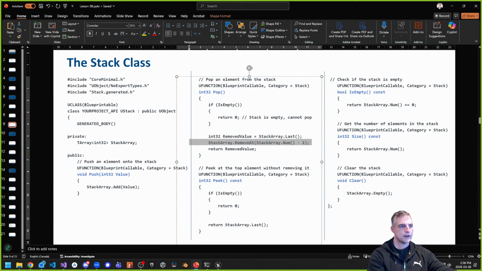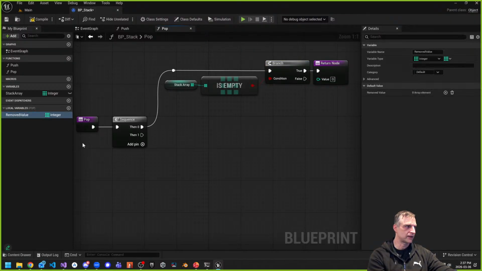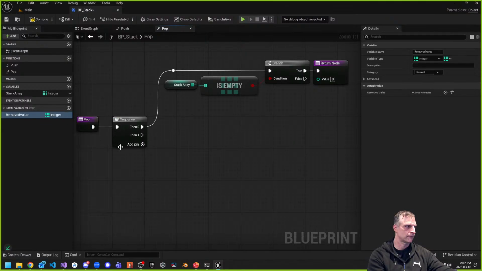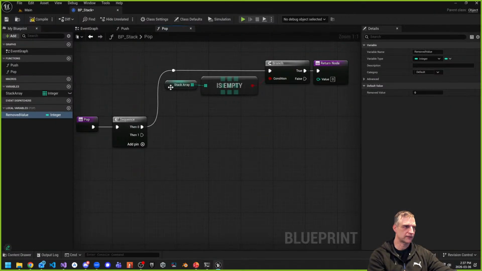Okay. Next is the removed value. So we're going to make a local variable called remove value of type integer. That's the remove value. It's an integer single. There we go. And then we're going to say that that's equal to the last member of the stack array. So let's try that. So stack array,